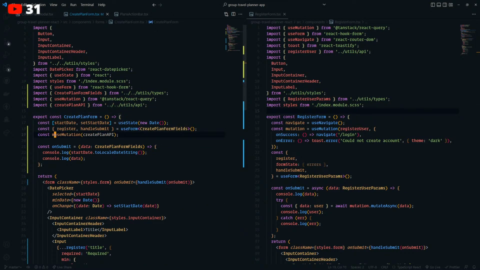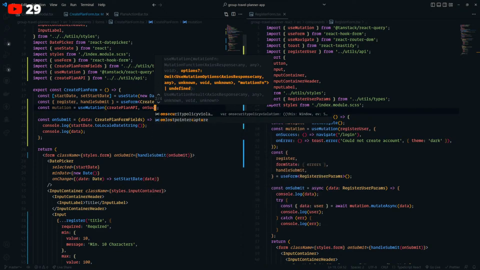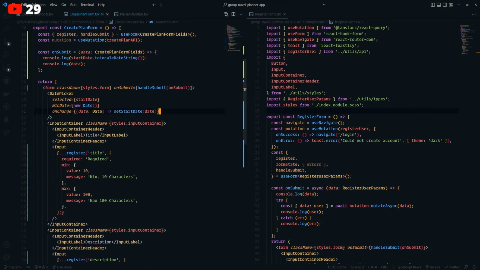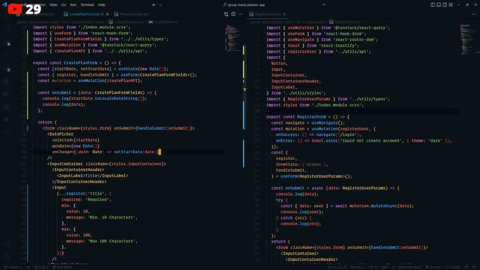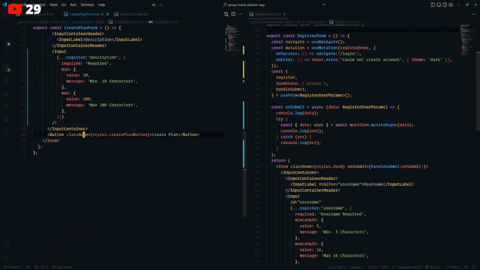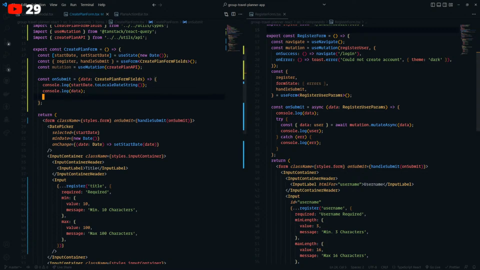So we have, okay, and then on success, we want to close the form, I guess. Okay, so what we do is when we click the submit button, I guess from here we can just do await mutation.mutateAsync, right?